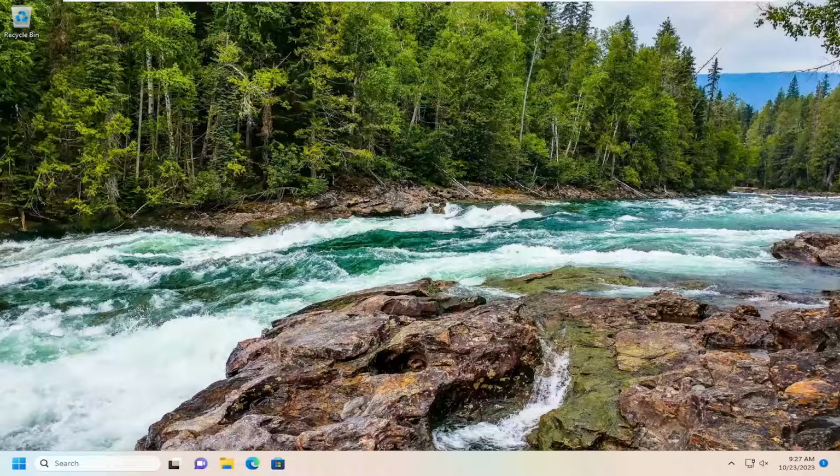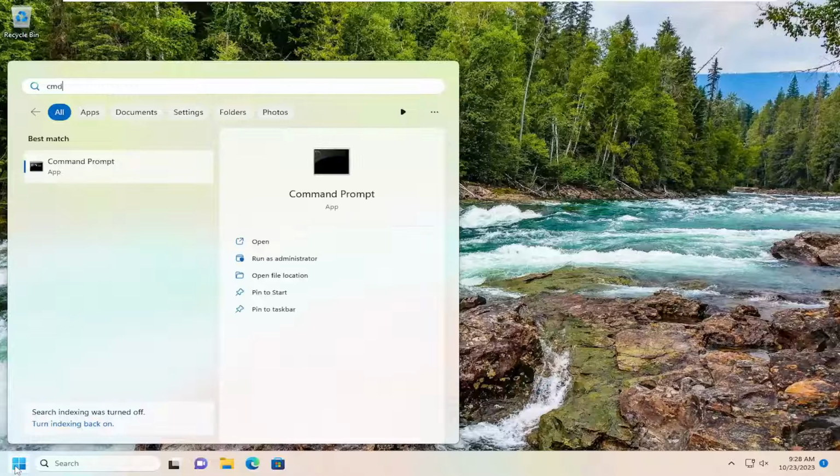In today's tutorial, I'm going to show you guys how to hopefully resolve the Windows 10 or Windows 11 update failed to install error message 0xca00a000. So this should hopefully be a pretty straightforward process here, guys, and without further ado, let's go ahead and jump right into it. So all you have to do is open up the search menu, type in CMD, best